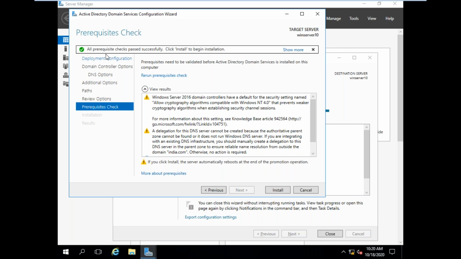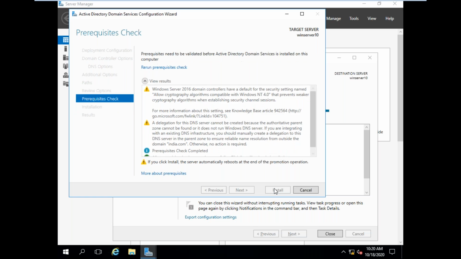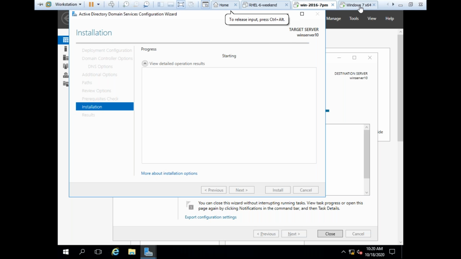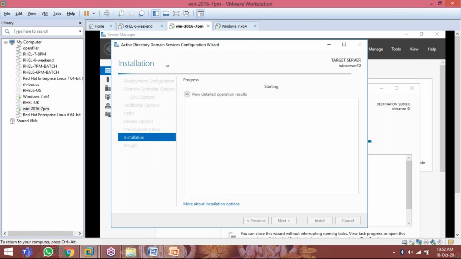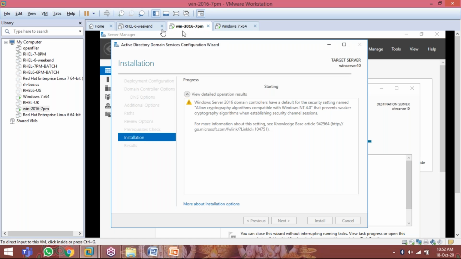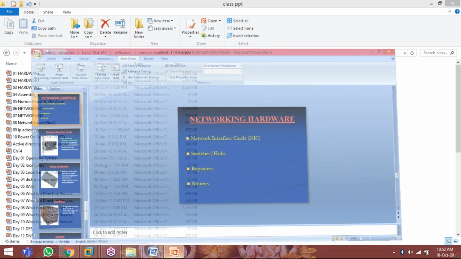So all prerequisite checks passed successfully. Click install, begin configuration of domain control. Click on install. So it will take 5 minutes time. Then we can see Windows 7 is installing or not. So it is also going to be complete. So then we can go back and here you can see